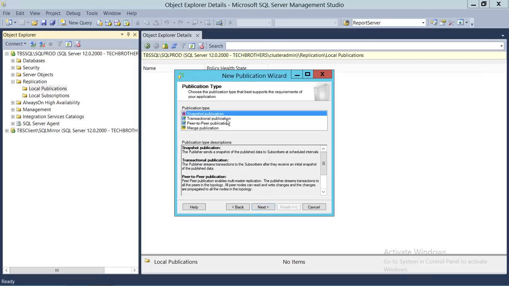So click next. Now here are the publication types. These are the replication types also: snapshot publication, transactional publication, peer-to-peer publication, and merge publication. In this particular demo, we're going to cover snapshot publication. So any changes happen if this particular publication is on demand. Whenever you try to run the replication, it's going to create a new snapshot of the publisher and give it to the subscriber. The subscriber will receive a new snapshot of that particular database that we just selected. So that's a snapshot publication. We're going to go ahead and click next,